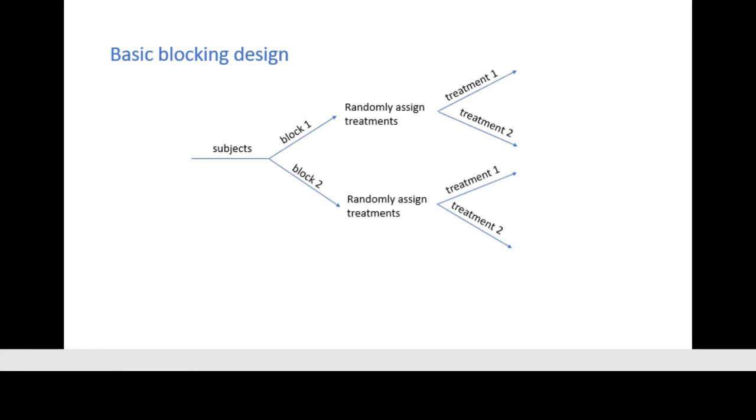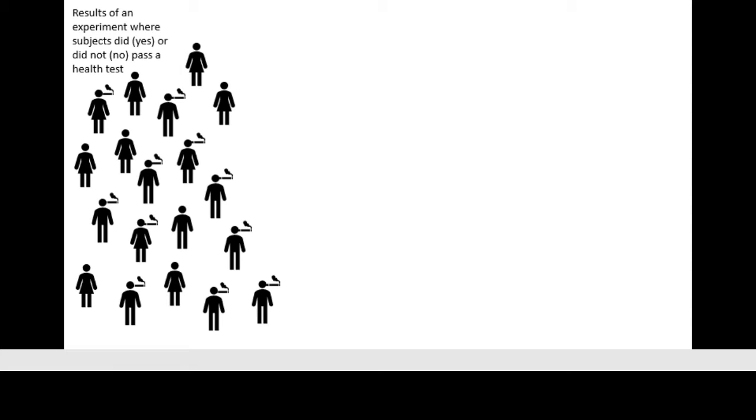Let's look at an example where statisticians want to know about the health condition of a population of 20 people. There are 10 women and 10 men, and the statisticians block for sex because they assume it may be a confounding variable and are interested in its effects to the mean, which is how many of the 10 passed the health screening. They notice a large number of women pass the screening than men and suspect there may be another